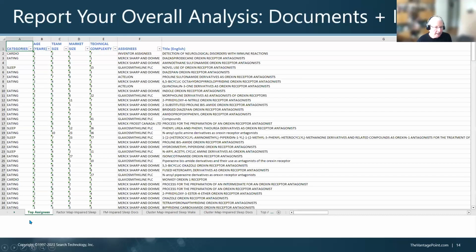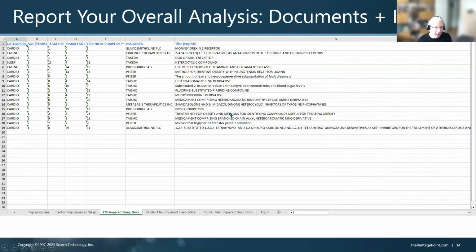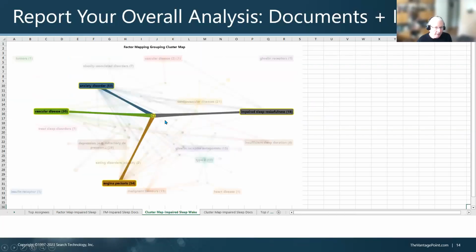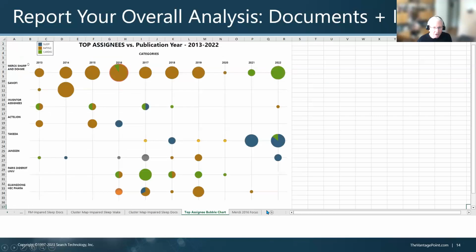The workbook is the assignees information with their indicators that the user can look through, and then maybe the factor map, and this highlighted, and in the next tab, the documents behind that information exported, and then on down the line, the documents that talk about these 4 key areas with regard to sleep issues are related into this tab, and then so on and so forth, the bubble